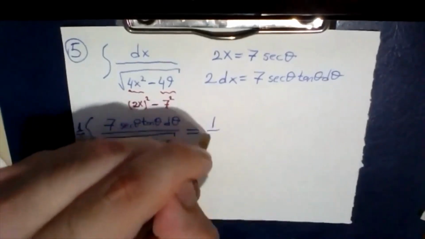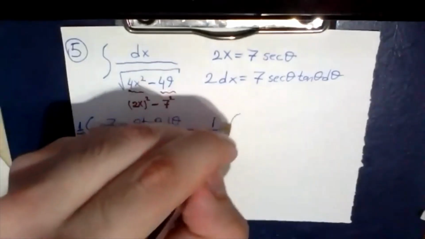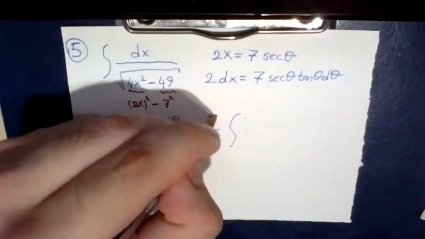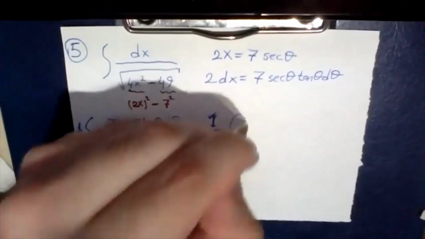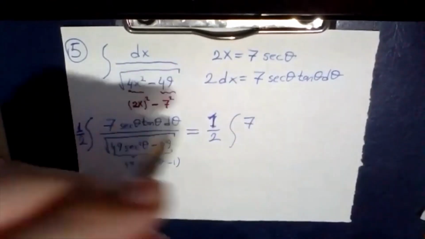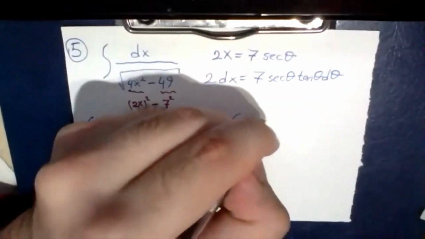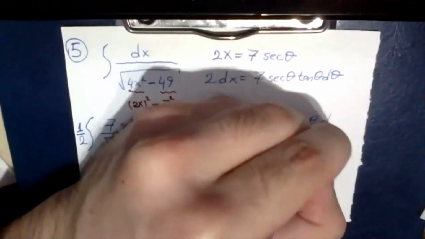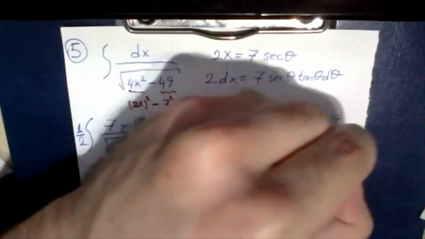So our integral will become 1 over 2 times 7 times secant theta tangent theta d theta over